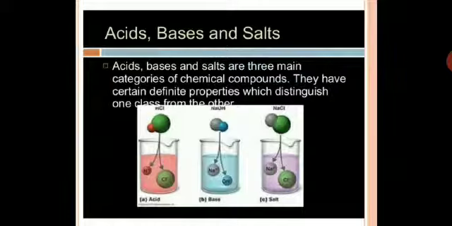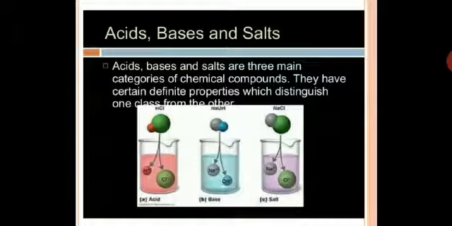So acids and bases, they are the compounds. They have their own individual existence. Salt can be neutral, acidic or basic. So three major categories we have divided to learn chemicals, because we have a huge number of chemical compounds. So we need to study them systematically. So we have divided them into acids, bases and salts, and they have certain definite properties which distinguish one class